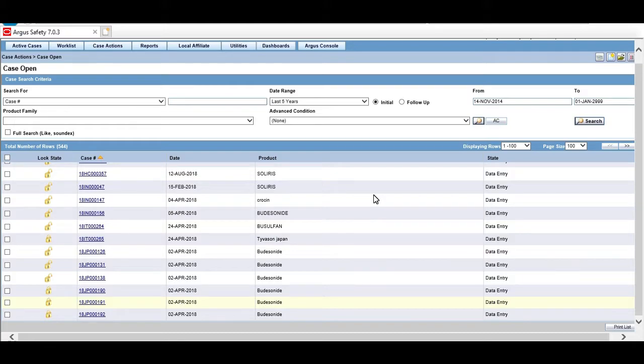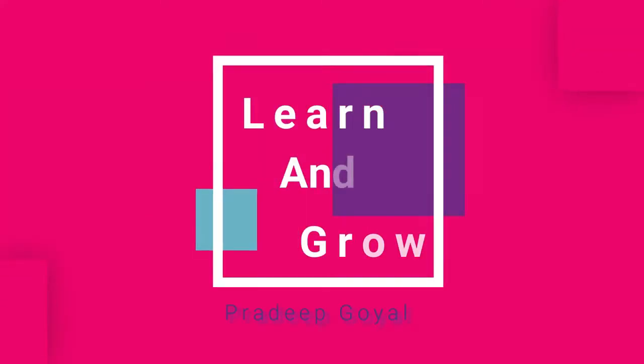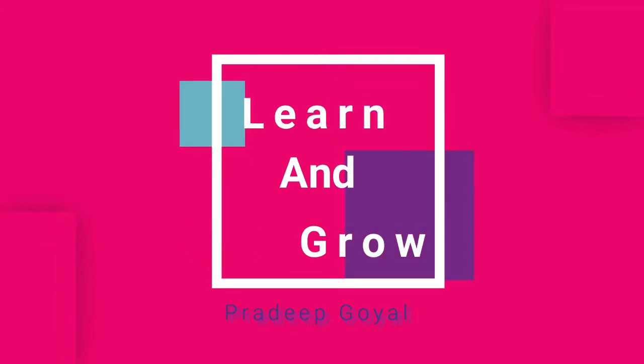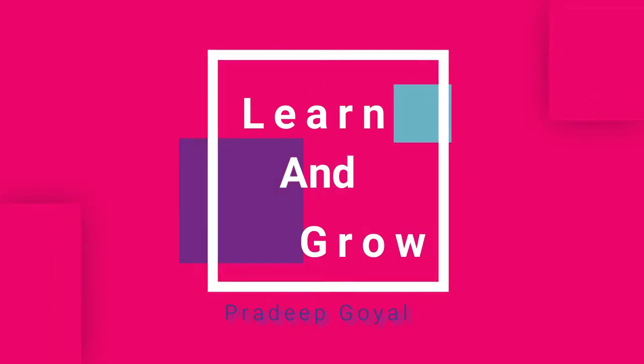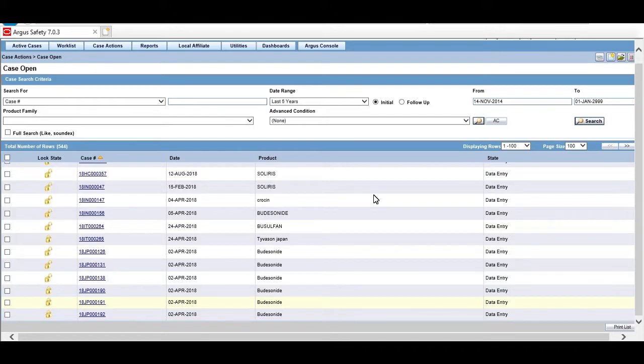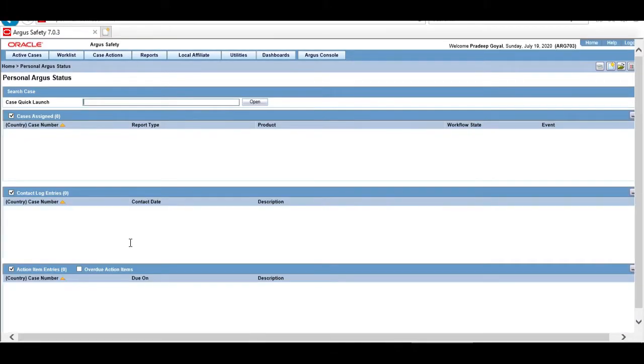My name is Pradeep Goyal and today we will be learning about the batch report age service. So without wasting any further time, let's get started. First I'm going to show you how exactly this batch report age service works, and then we will talk about the functionality. So let's go to case action open